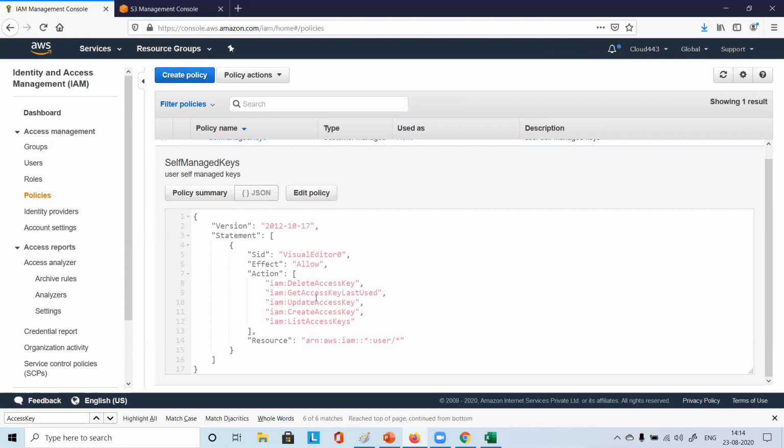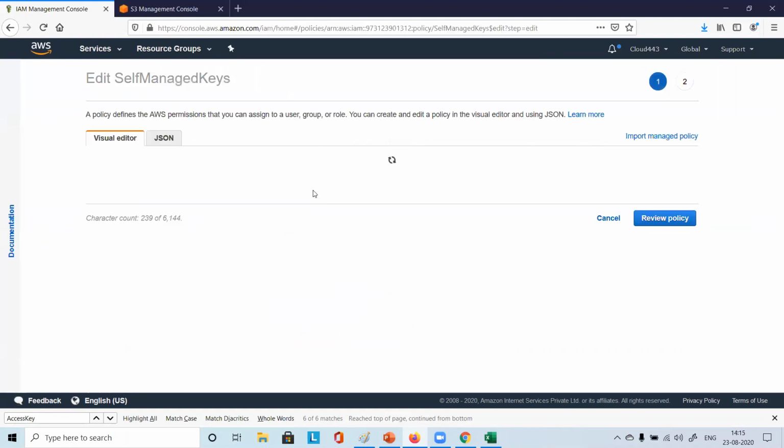And what is written here? Version is this, statement is this, effect is this, action is this, resource is this, right? So this is how it will be useful, right? So understood? So this you know how to attach. So similarly, you can attach it to the resource. You understood this delete key, whatever we have chosen, that has come, right, Prashant? See, all these things have come. Now what you can do, instead of all this, you have everything related to access key. So what you can do, you can edit this policy, right?